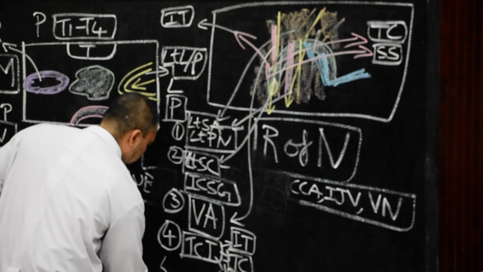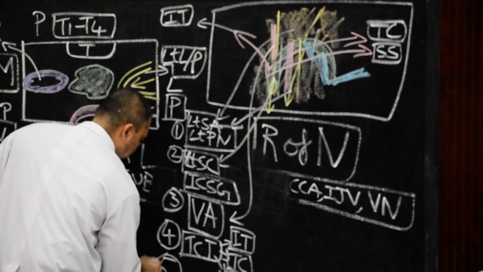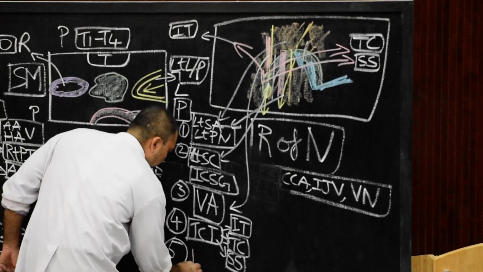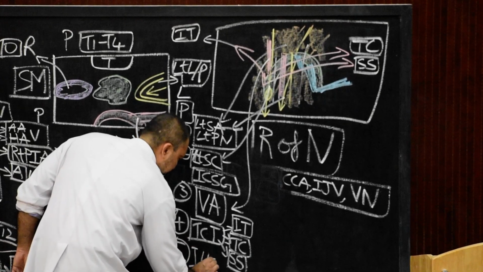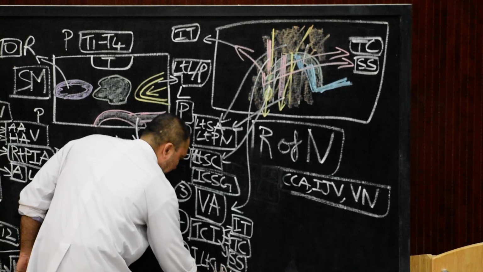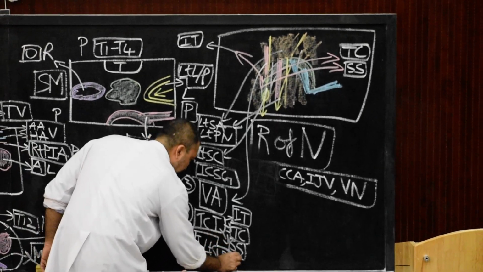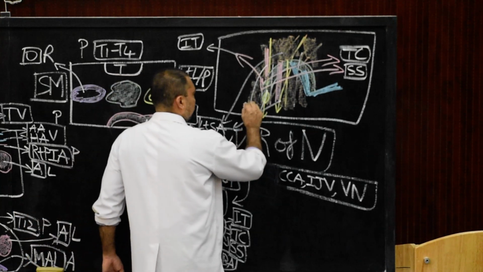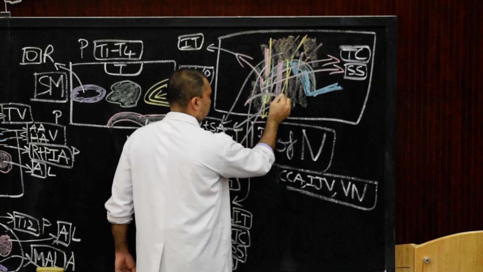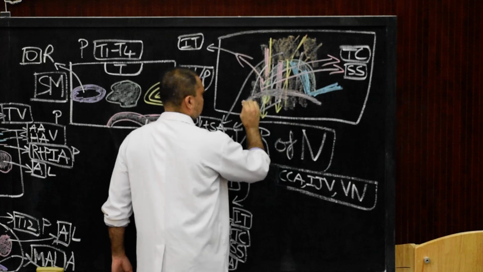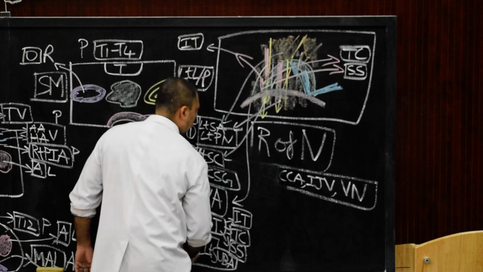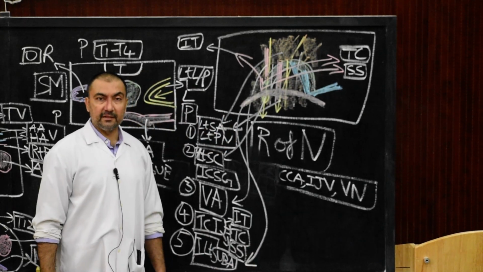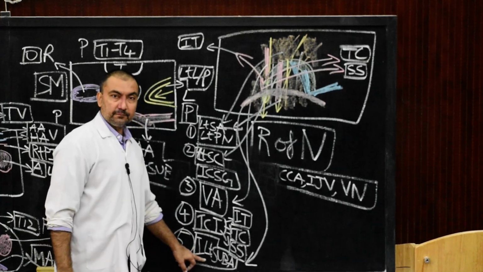And now structure number 5. Now this is really very important. That is the first part of the left subclavian artery. Note down, first part of the left subclavian artery. This is very, very important. So therefore, very simple, we mark this subclavian artery like this, and we are going to mark it as the first part of the left subclavian artery, structure number 5.